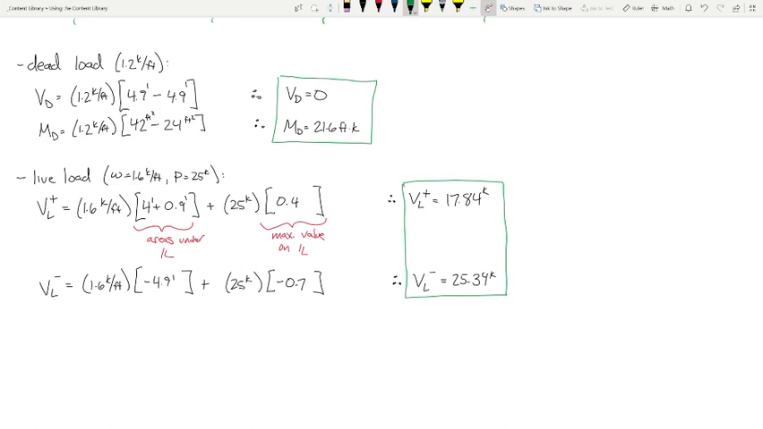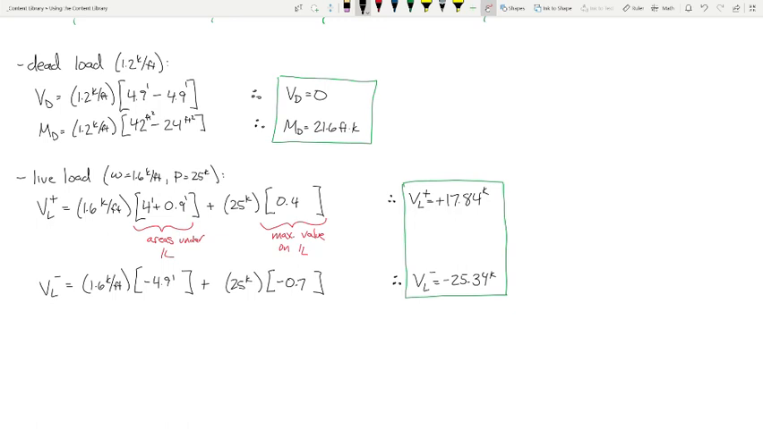Yes? Do you leave the 25 positive, right? Oh, no, I'm sorry. Yeah, that is negative. You're 100% right. Let me rewrite that. That's actually a very important point because